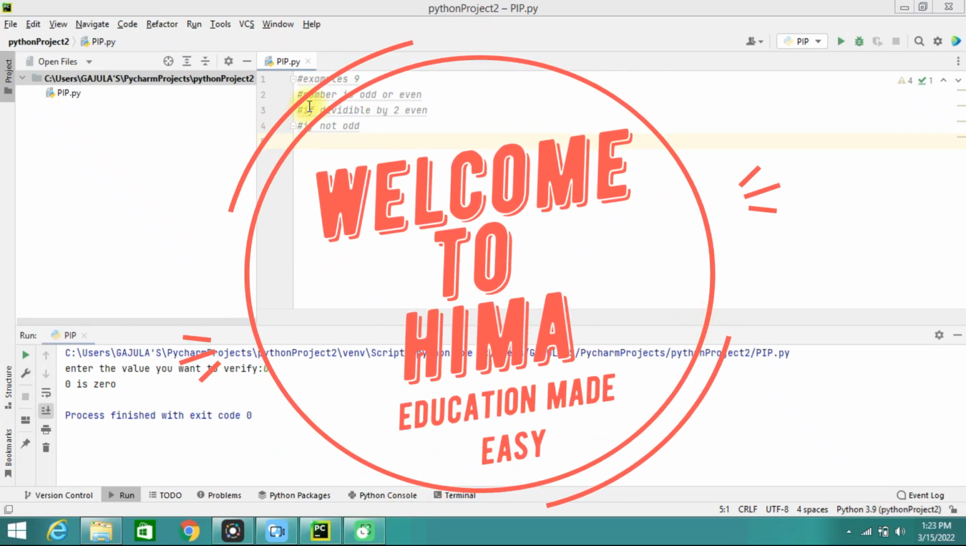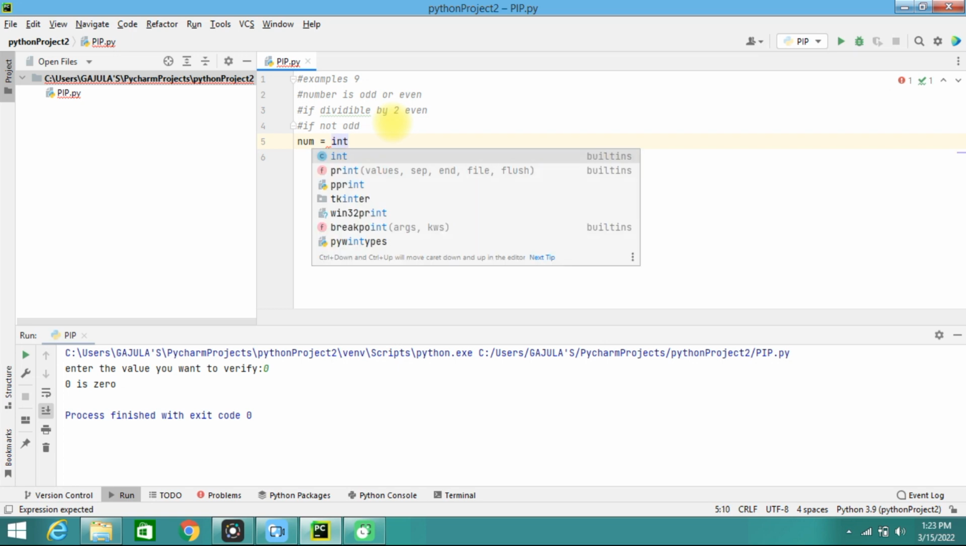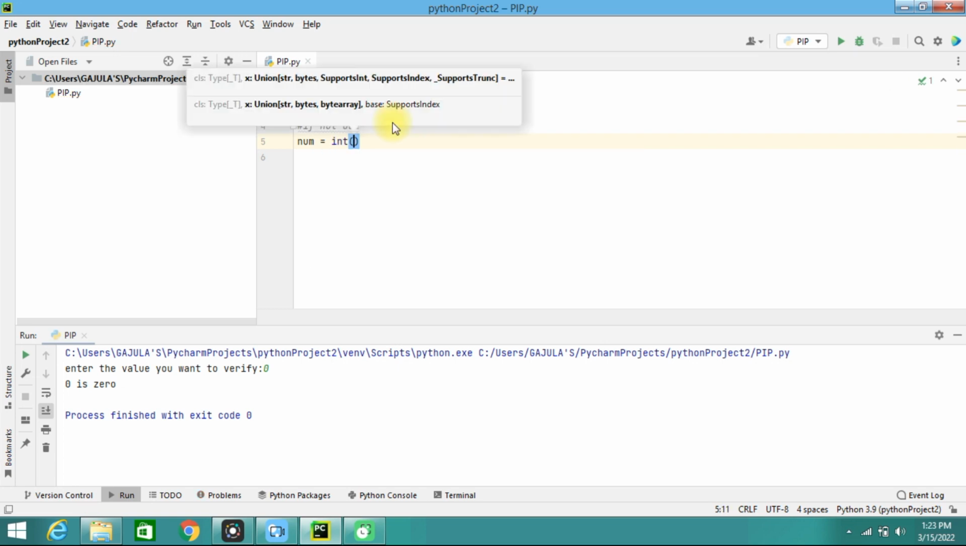In this example, we are going to see whether the number is even or odd. We are going to write a program to verify whether the number is even or not by using simple if-else conditions. So here, as usual, we are going to define a number which is an integer of user-defined input,